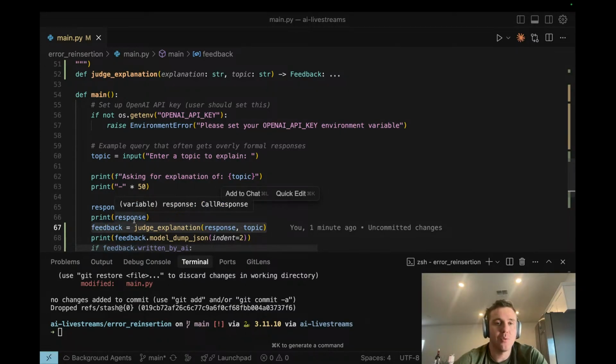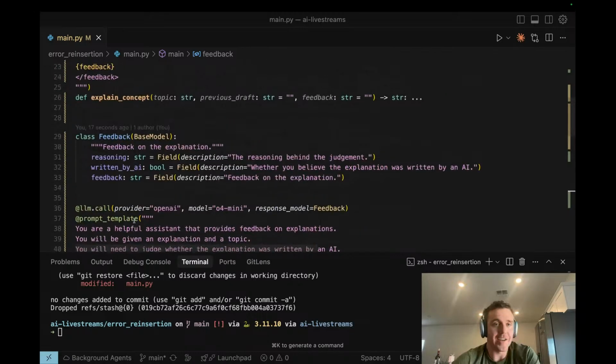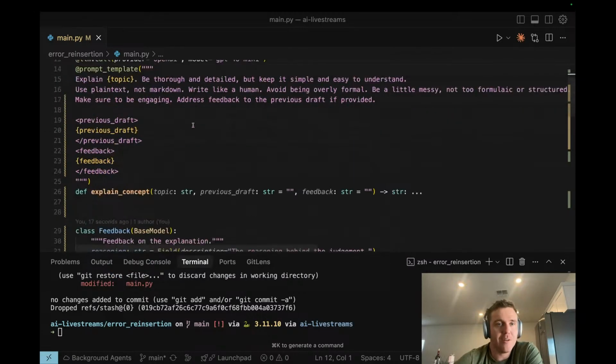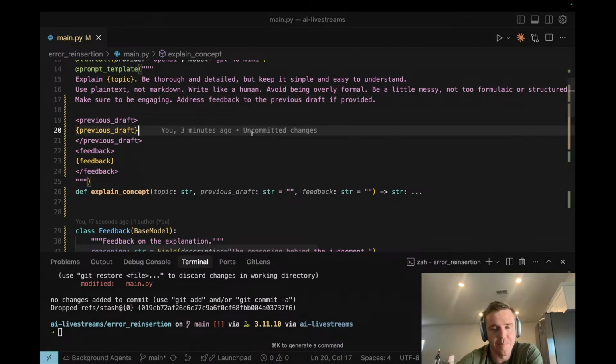And so we've modified now our original function. Instead of only taking one argument, it also can take an optional previous draft and optional feedback. And then we basically say, address feedback to the previous draft if provided.